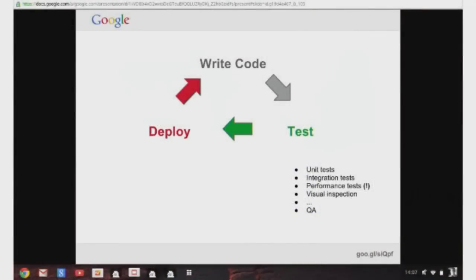Lots of stuff to cover. So, I'll start with the most obvious thing that I think needs to be put up front, which is just your typical development cycle, right? So, as a web designer, website owner, you usually go through three typical steps, right? You write code or you optimize your page. You test it, hopefully. Hopefully you have things like unit tests, integration tests to make sure that your site is not broken given the updates. You may even have performance or regression tests, right? So perhaps a new feature that you have introduced, is it causing some other behaviors that may slow down your site? That's a good thing to catch.